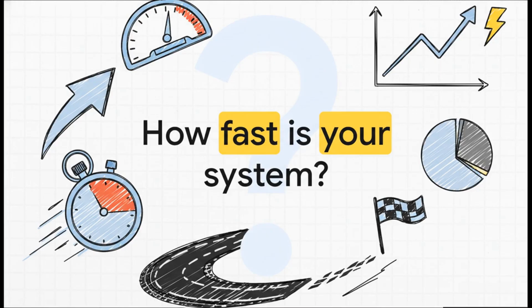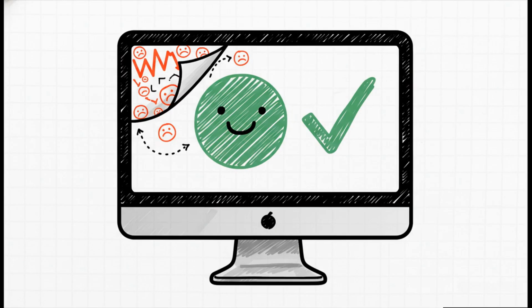I mean, it's the first question we always ask, isn't it? Whether you're building something new or just trying to improve what you have, it all comes down to speed. How fast is it? It sounds like such a simple question, one that should have a simple answer. But here's the thing. That simple answer, that single number we all love to report, it's basically a mirage. It smooths everything over, hiding all those frustratingly slow moments that make people want to leave your app and never